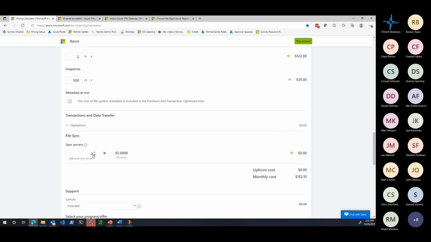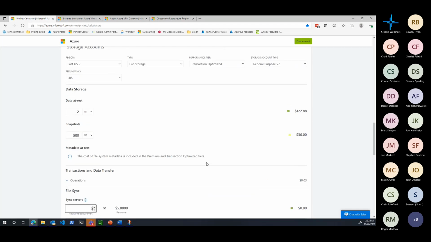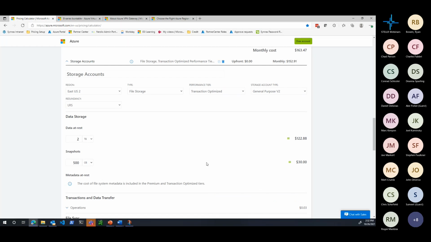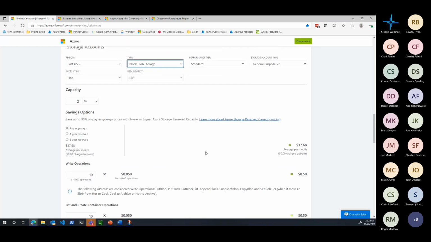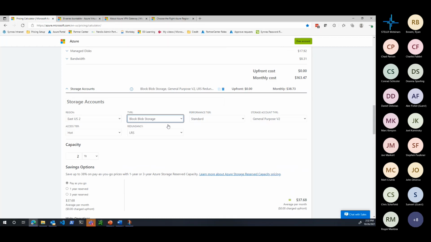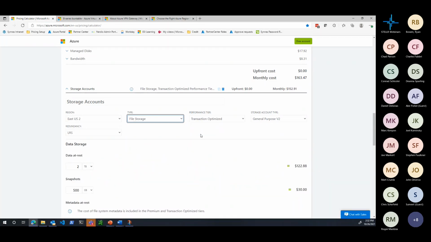And this is just asking for an additional. So if you needed 2 of them, then we would put 1 here for an additional $5. So again, these are all the things that weigh into cost. And you can see as we change from block blob, these options all changed versus file storage. And so